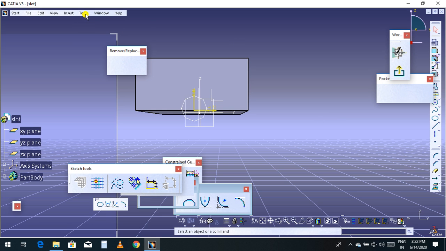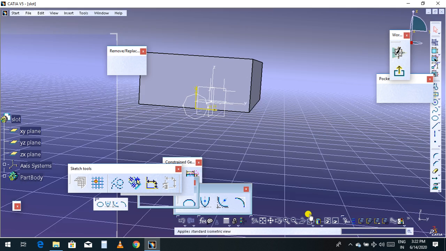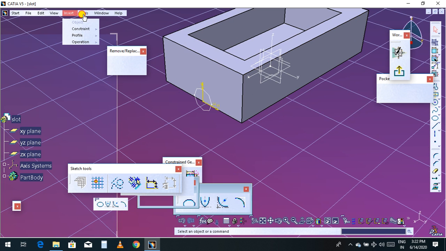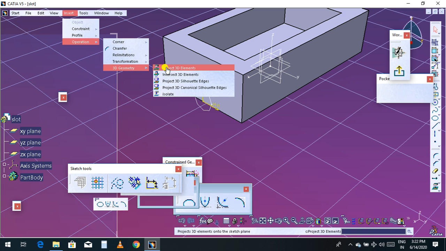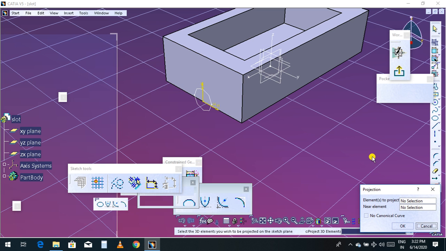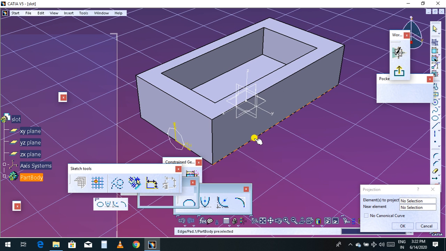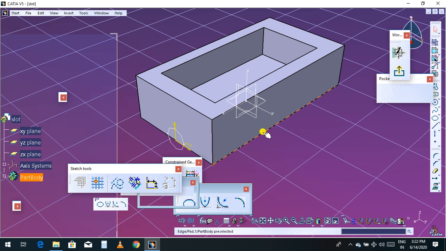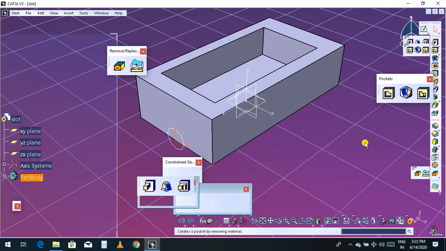Now I'll rotate, go to isometric and go to insert, operations, 3D geometry, 3D part. Now I'm going to choose this axis. I am going to take the reference element, this line, as a path. Click OK. So this is our path. Now you can exit from the sketch. Now the profile and path are ready.